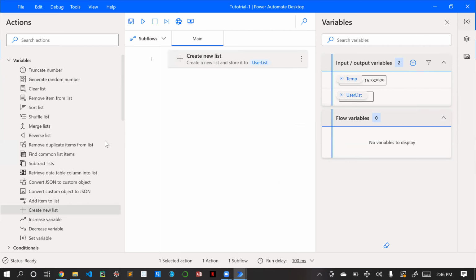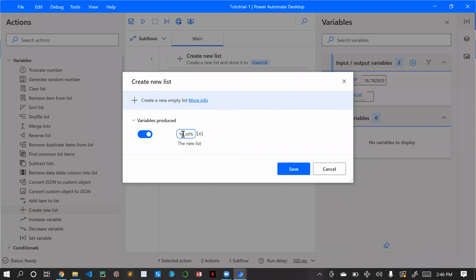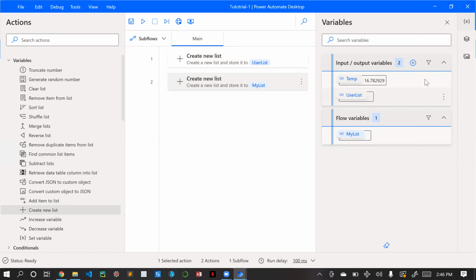Or else you can also do it like this. You just drag and drop, and you will find this value between the percentage signs, which you can edit. I will just put my list. Got it? Either way, you can create it over here and then select it, or when creating itself you can rename the list. Either you can do. Okay, so we have a list which is created, my list.